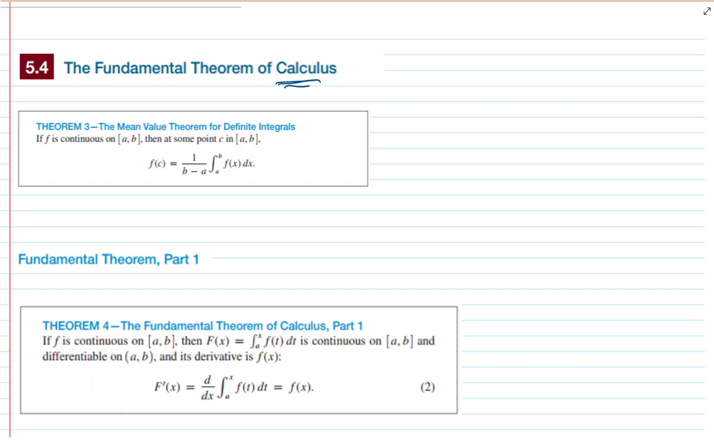The book started with the mean value theorem for definite integrals. And it says some function f of c, for x equals c, is equal to the average, 1 over b minus a, of the definite integral from a to b of f of x dx. So this is the structure